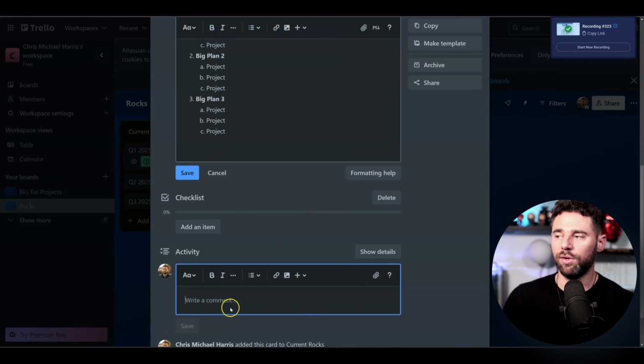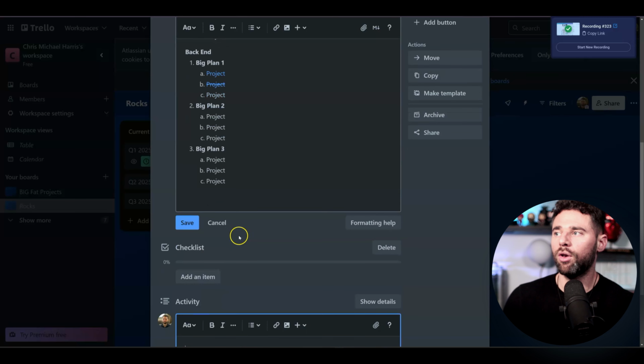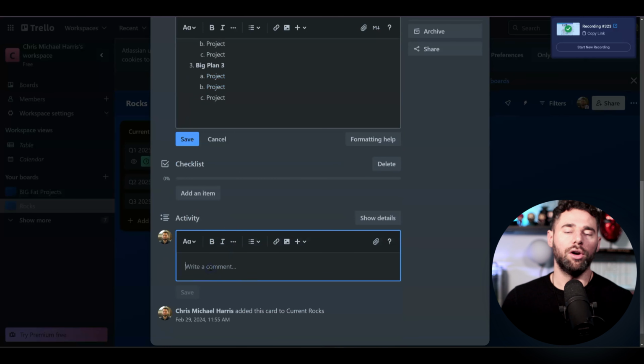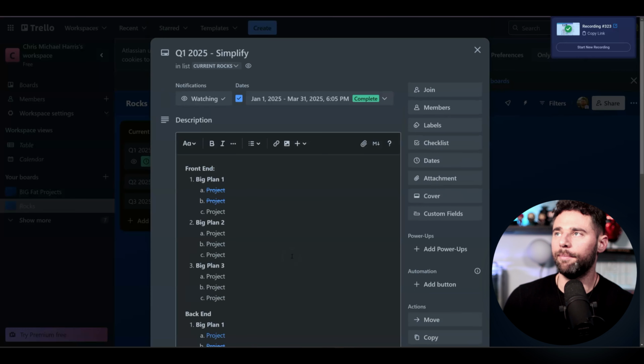So what you can do here is you could theoretically build them out as a checklist if you want. Again, make it your own, and then just check them off as you go. Or you could just say, hey, this item from quarter 1 rock is now done, right? So it's an easy way to communicate with everybody on what's going on with that.